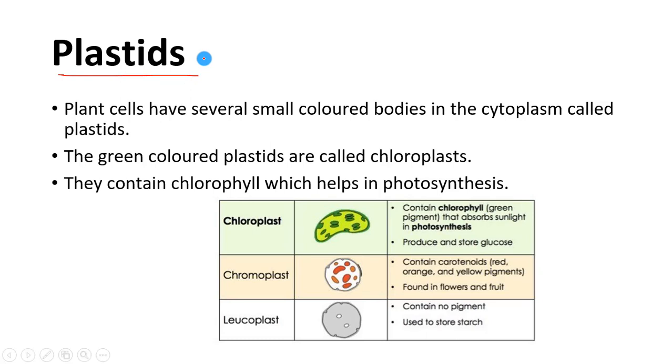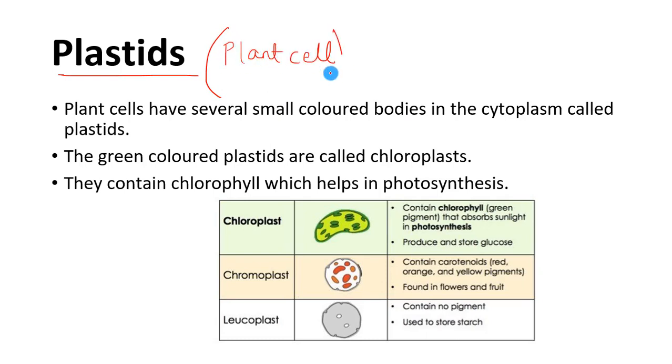You have seen different colors of the flower. Red, violet, you see green color, you see purple color. Have you ever wondered why this color is present? This color is present because of a special cell organelle, that is plastids, and hence you see it only in plant cells. These plastids are not present in animal cells. So please remember this important point of difference: present only in plant cells.